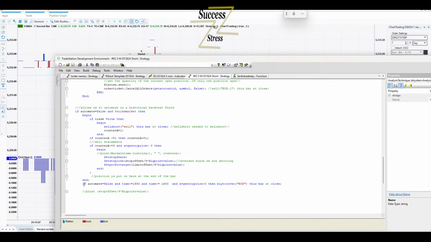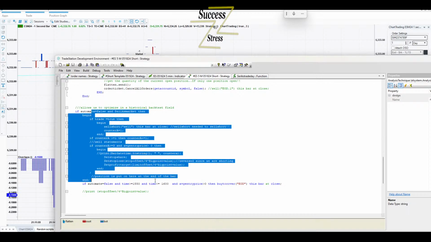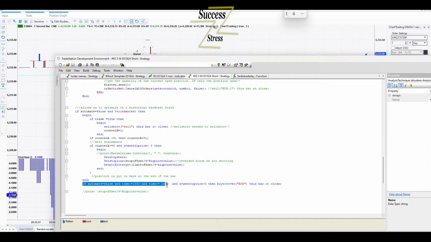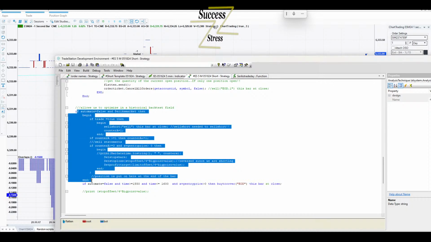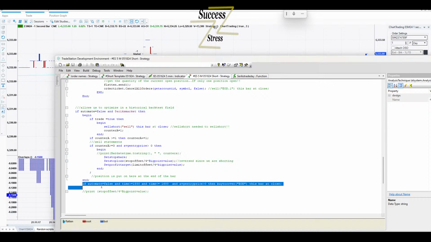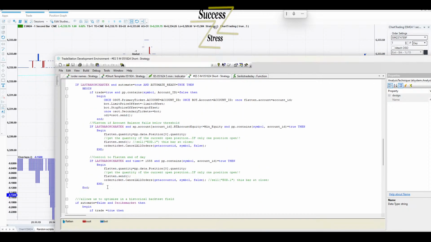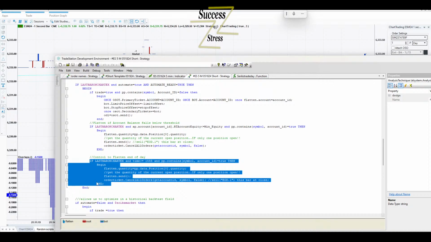See how this is outside of it? I put this outside. This is relating to just historical trades and not trading automation, but just chart trading, if you will. But the cancellation of the order is outside. You have the if, begin, end, and then this is outside of it. So that works properly. All right, so this needs to come on the outside.